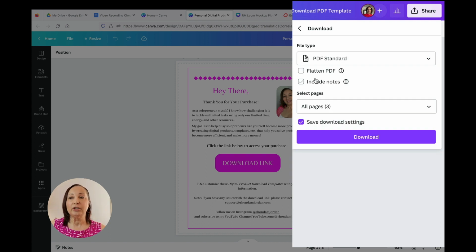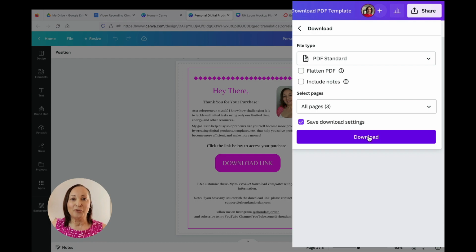There's one additional thing that you can do, which is select Flatten the PDF, and what that will do is make it so that you don't have to worry about it being blurry. However, I will caution you of this. If you have any links where someone would click on it and go to another website, leave that unchecked, because my experience has been if you select flatten, your links don't work when the person actually opens it up and tries to click on it. So once you've done that, what you're then going to do is just click on Download.